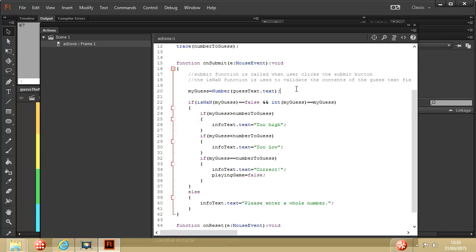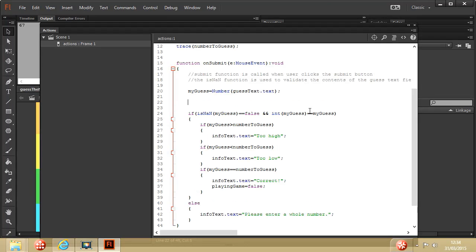But in order to make sure that this is enforced, I'm going to have to test to see if playing game is true or false before I execute all this code. And so I'm going to have to put in an if statement. If playing game equals true,